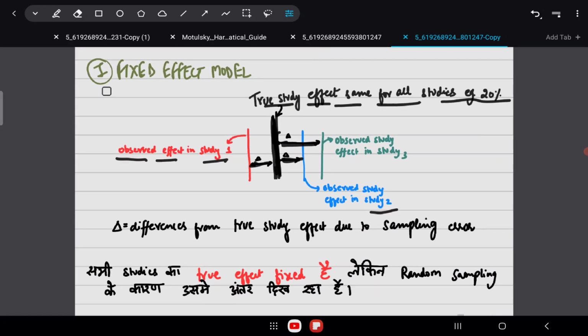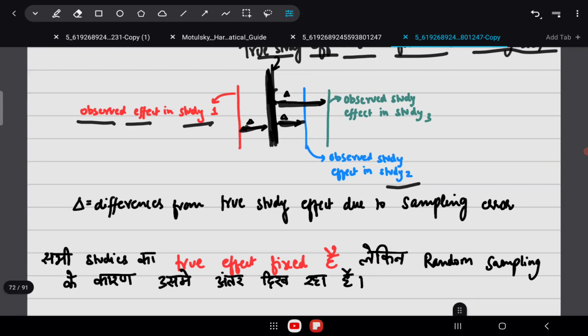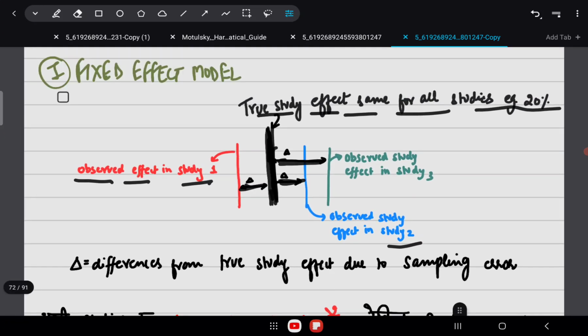I've also written it in Hindi for any audience who understands. सभी स्टडीज़ का ट्रू इफेक्ट फिक्स्ड है, लेकिन रैंडम सैम्पलिंग के कारण उनके अंदर अंतर दिखाई देता है. So in all the studies, in reality the true effect size is the same, it's 20%, but we will not see 20% when we compute the effect size, and the difference will be due to sampling error.